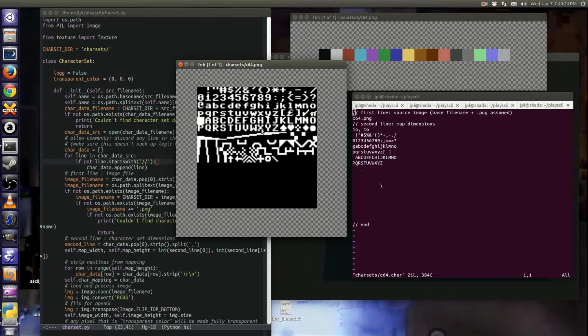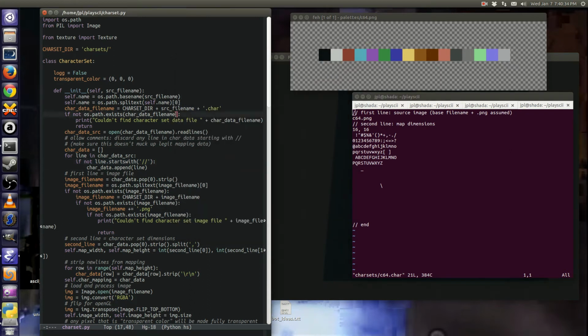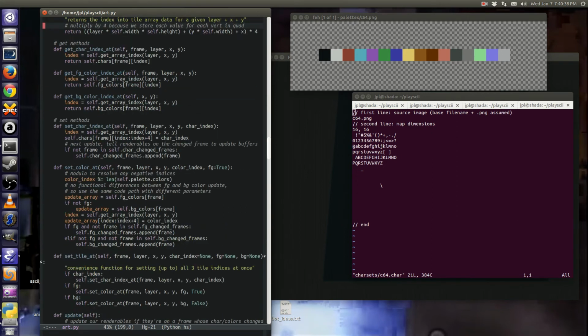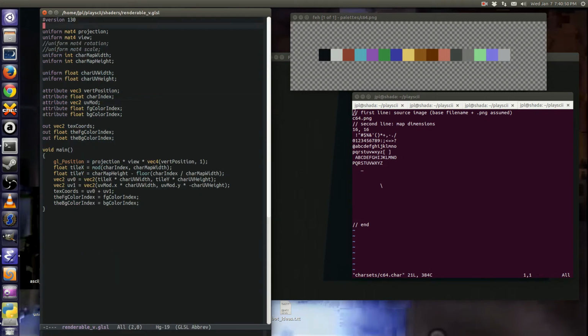Index 142, for instance, I think is this character right here. Anytime we set a character index, we're just setting these indices in an array. And then that character index makes it to the Vertex Shader as a float,